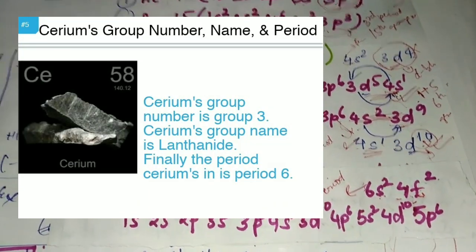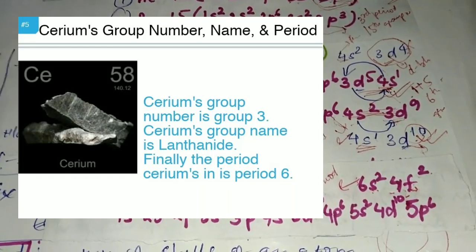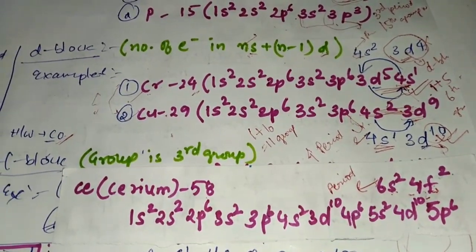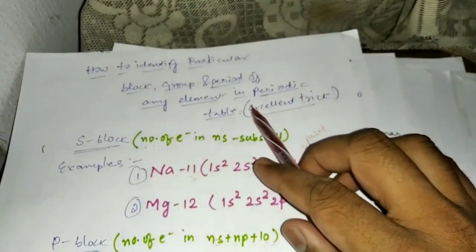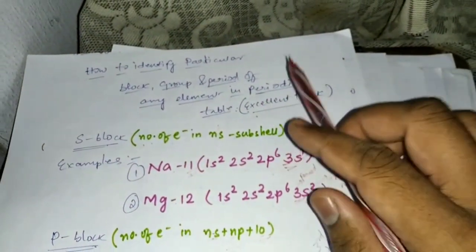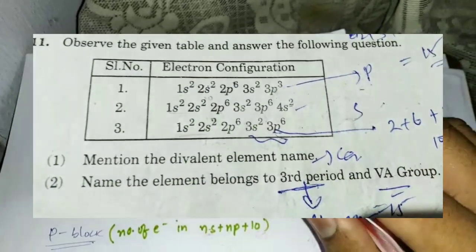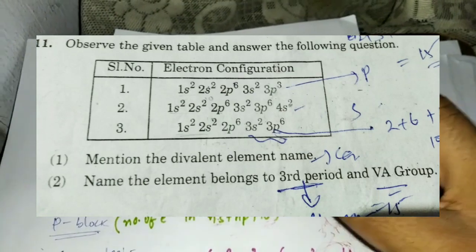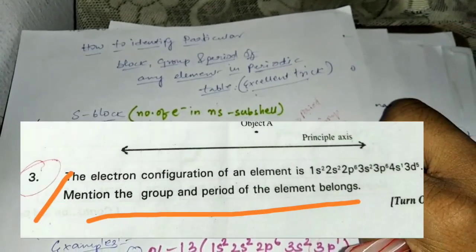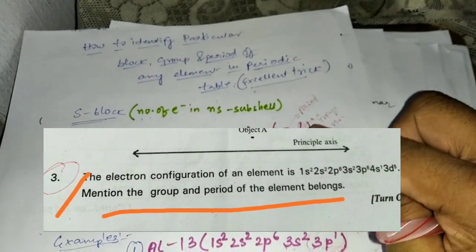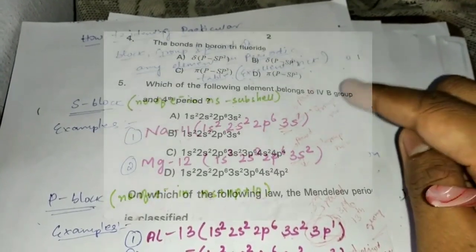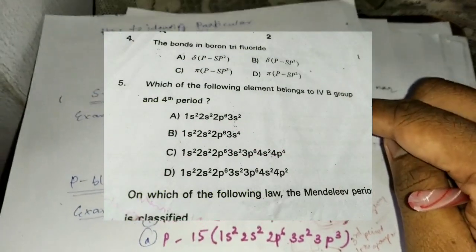This is the most exceptional trick I can tell you to remember in the exams, in the bits, or in the 1 mark or 2 mark questions. Finding the period number and group number is a very important question in your board exams. They can be asked for 1 mark or 2 marks or in the bits also. Sometimes they give you the wrong electronic configuration also. They can ask which principle is violated. So I will discuss the 3 principles in the next video also.